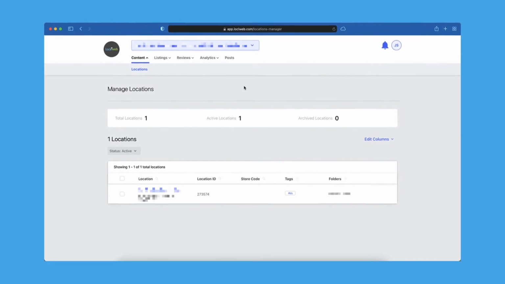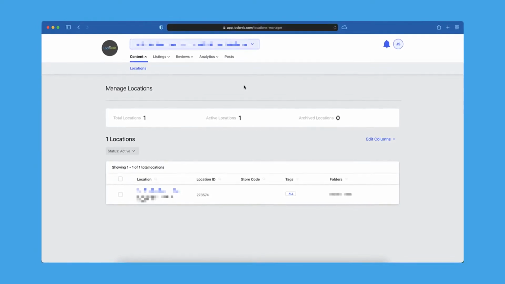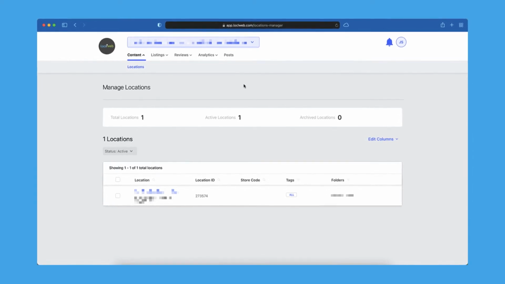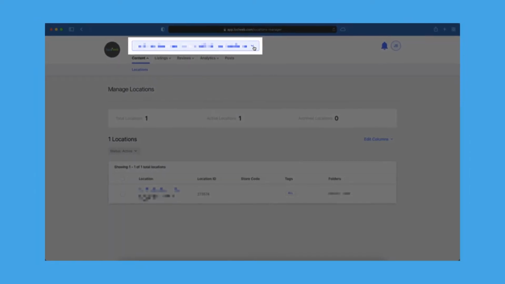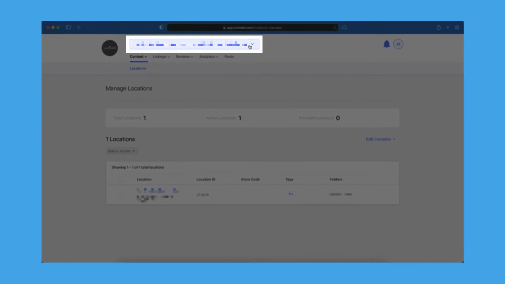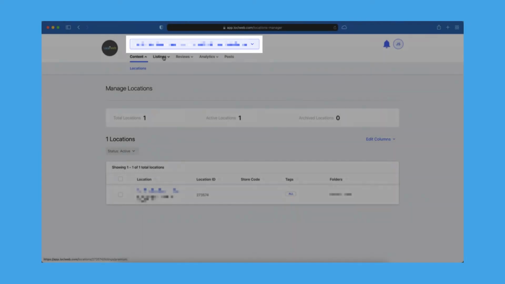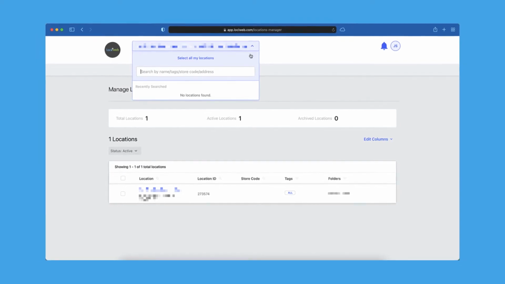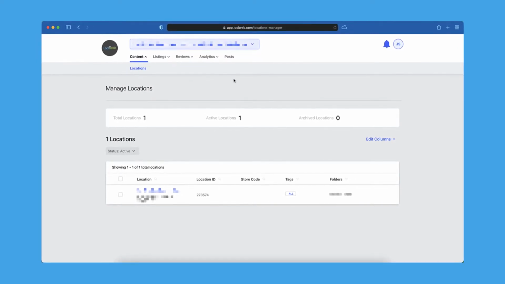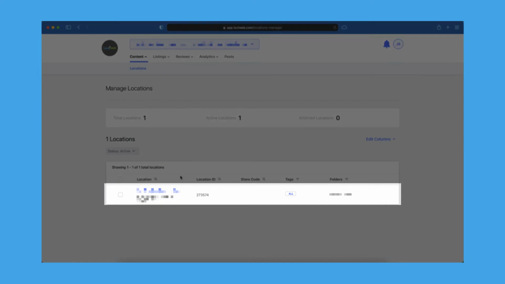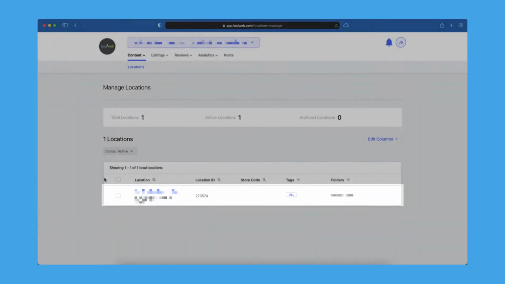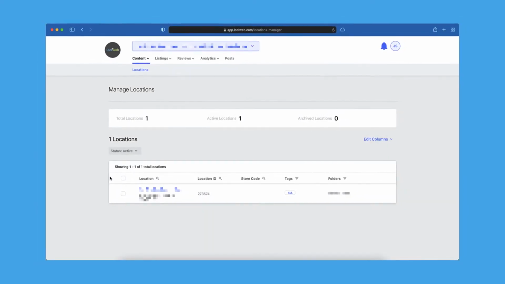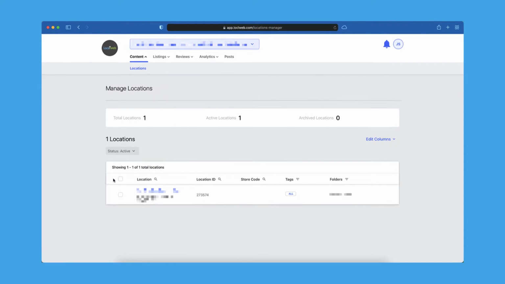So once you sign up for LocalMark and log in, you end up at this screen and you'll have your business in here. And then you'll see your business up here. It'll show you the active business for all of these tabs. You can click it and select a different business. Or from this screen, you can click the business you want to edit. You can access all your locations. If you have multiple locations, you can access them all from here.